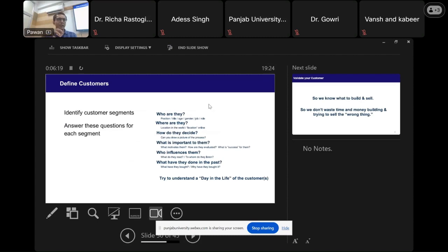But if there are influencers in your case, you should know who they are and what their priorities are, right? So, for example, in most children's products, parents are the influencers, like they are the decision makers. In most products which are sold to teenagers or youngsters, friends are the influencers, right? So you should know the influences and be able to tackle them.